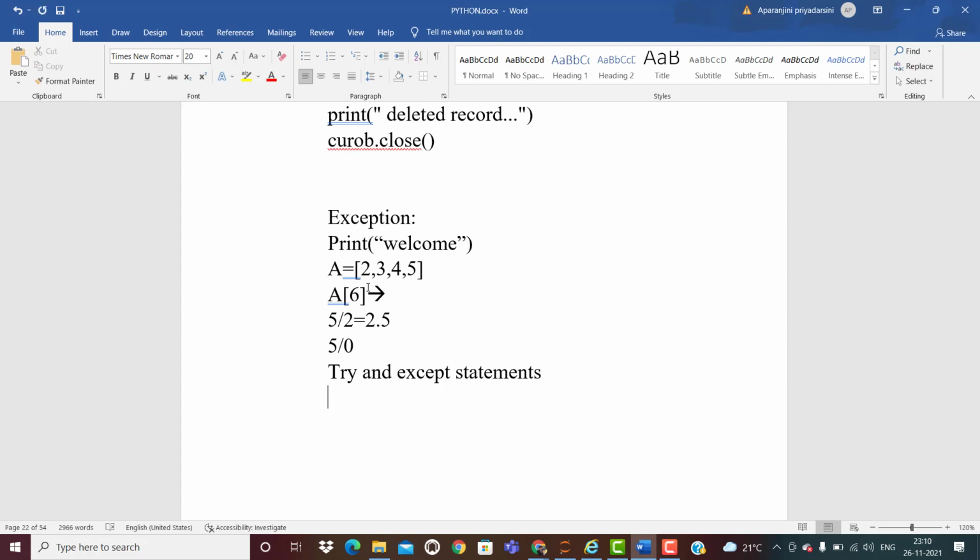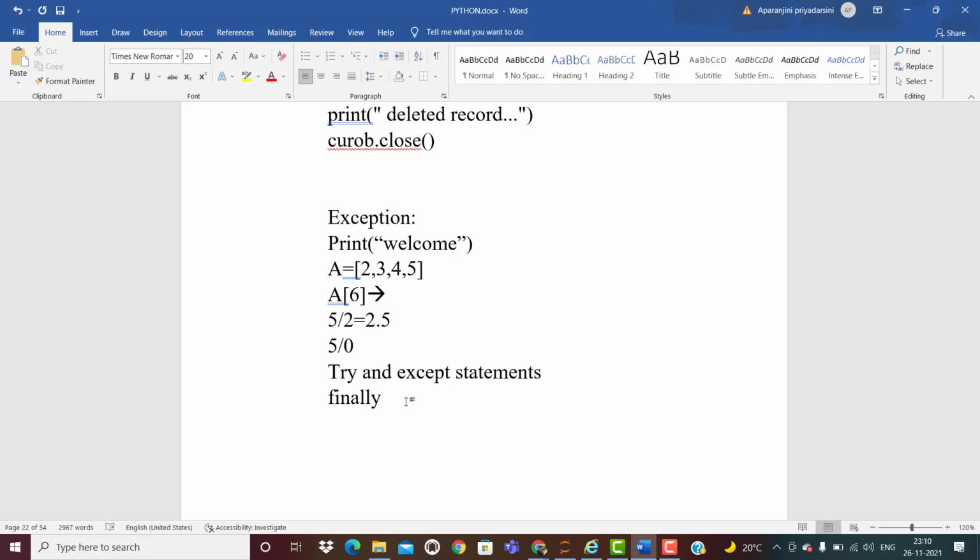And here we'll have one more keyword, that is finally. Finally is also a keyword. Whenever these types of exceptions come, after that exception, whatever code is there is not going to be executed. But we want a particular code to compulsorily execute even if an exception occurs.